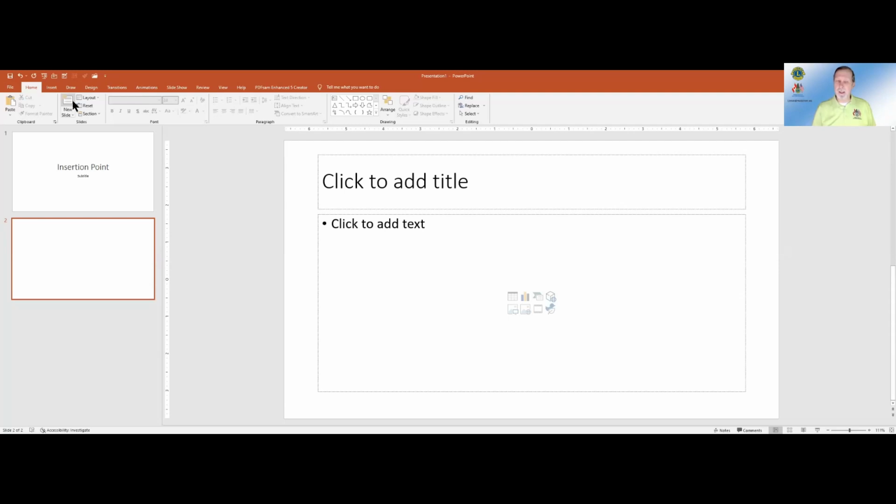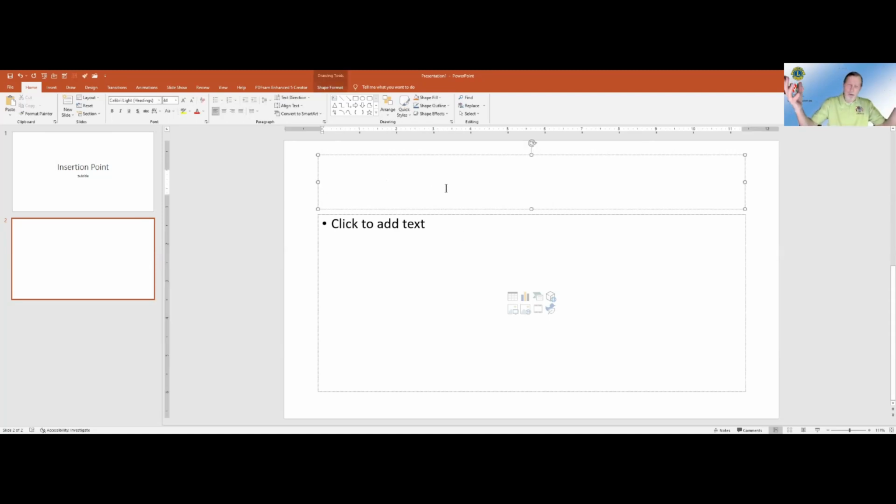This particular slide, this layout, is one that is the most commonly used because, of course, I can add a title and I can add text, and a little bit later on, I can add these different objects as well. I'm going to be exploring a couple of those as I go along. To click to add a title, I just do as I am told. So I have added to the next slide.